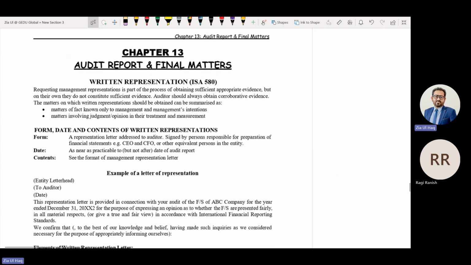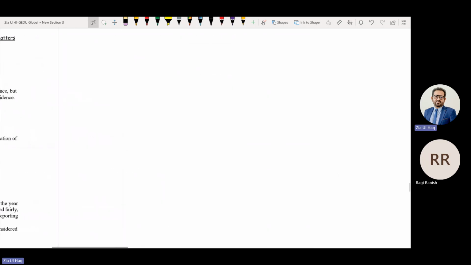ISA 320 materiality we have covered. ISA 700 we have covered. 705, 706, 701, 500 we have covered. Audit evidence. Even we have discussed 720 yesterday as well, other information.